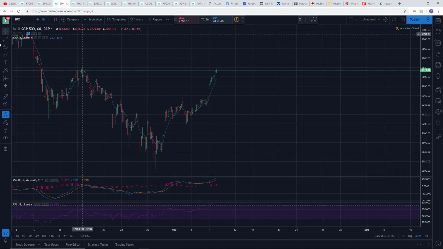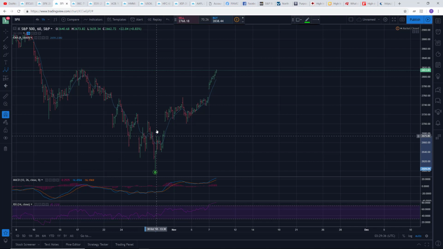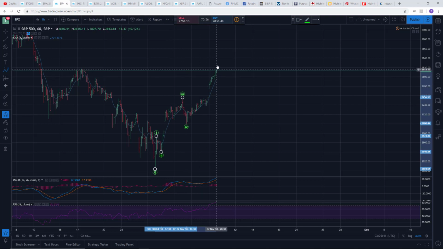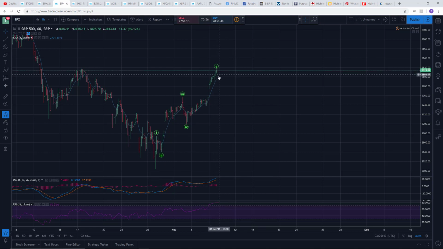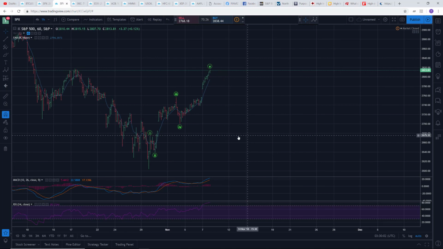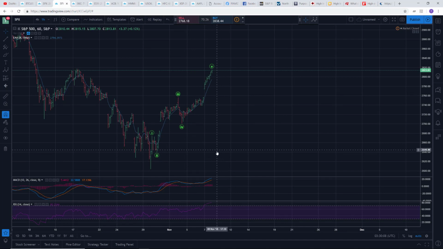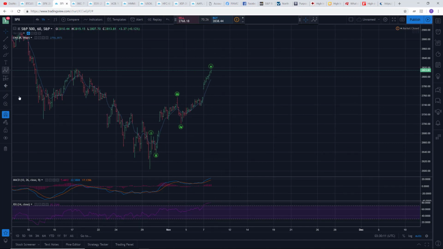So what would I be looking at here? Well, if I want to be the most bullish possible, ignore everything I just said. Maybe we have a 1 up, maybe this is a 2 down, maybe a 3, maybe a 4, and maybe a 5. And I would still say we're really overbought on hourly RSI. So even if I'm completely bullish, we're just going to skyrocket to well over 3,000 by the end of the year. And that's just the beginning. Next stop, 4,000, 5,000, mega bull, market always goes up scenario,